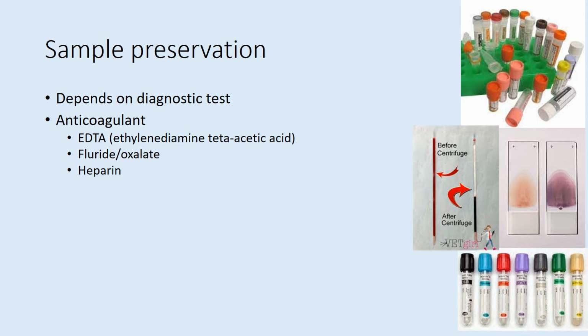situations. The fluoride or oxalate anticoagulant is generally used for glucose samples, so for tests for diabetes, perhaps. And the heparin is again a very, very common anticoagulant used for samples which are then taken for biochemistry, where we actually have to test the plasma rather than the blood itself. Or for example for hormone tests, perhaps, because